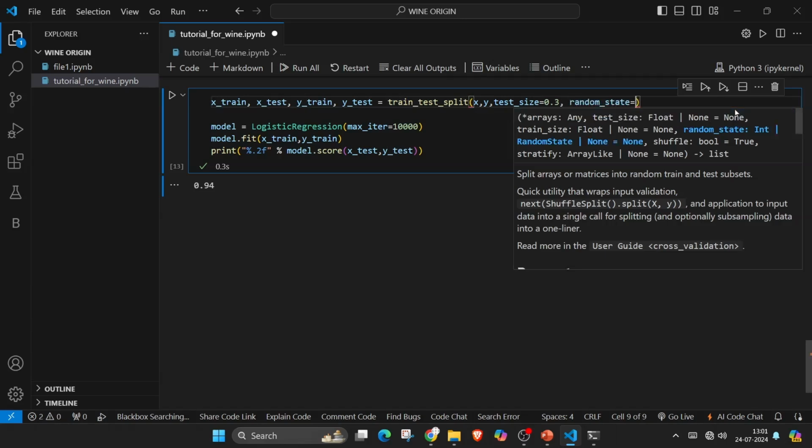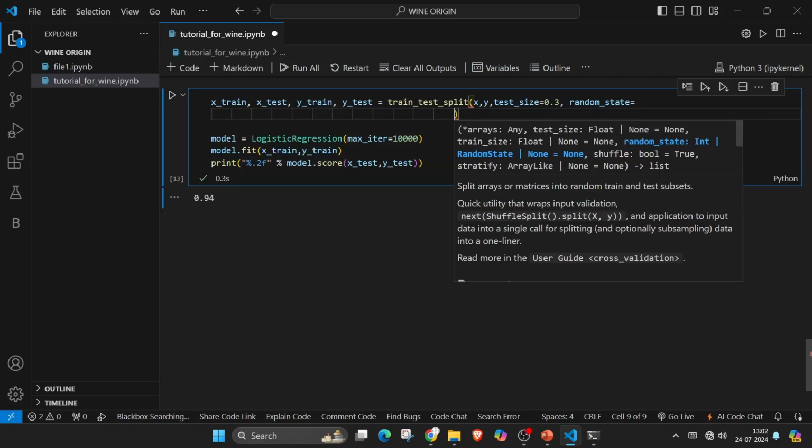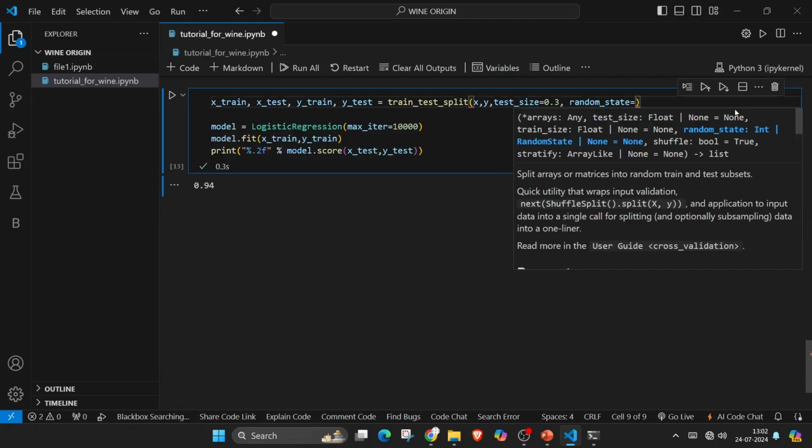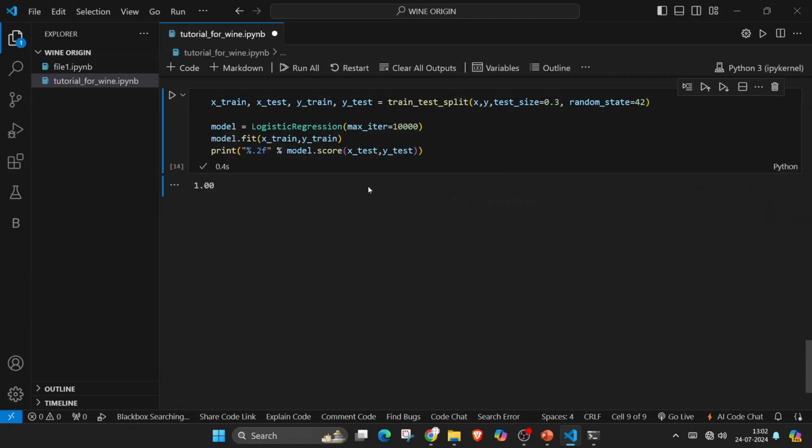What the random state does is give a certain seed to the function such that the data set split will remain the same on multiple runs. So I will give it a random number, let's say 42. You can even give it a 22 or a 30, it has many values. I'm giving it a 42 for now. Now I'm running it again, it is giving 94. So how many times you run this, it will give you the same output by defining this random_state argument.